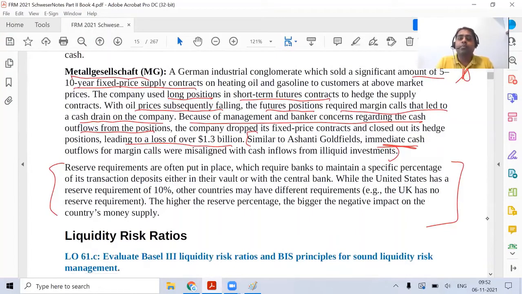Now to avoid this kind of situation where you might not have a sufficient amount of money, a lot of banks, or if you are into the insurance business or a pension fund, have reserve requirements to make sure that you always have a certain amount of cash available to mitigate that negative situation where you might have to pay a huge cash outflow. That is generally decided by the central bank. So a specific percentage of the transaction has to be kept in their wallet. That is a reserve requirement, generally 10%. The higher the reserve, the better your capacity to manage those cash outflow situations.